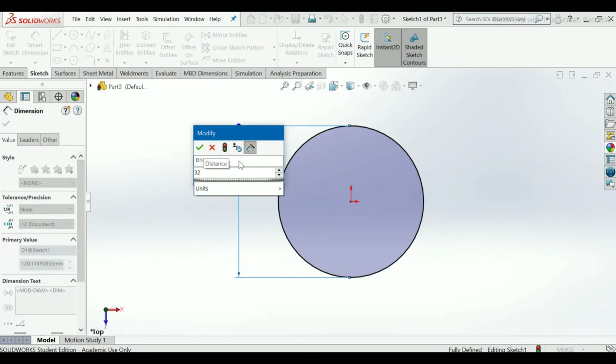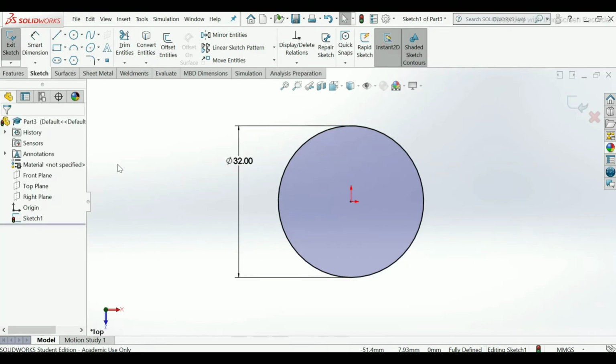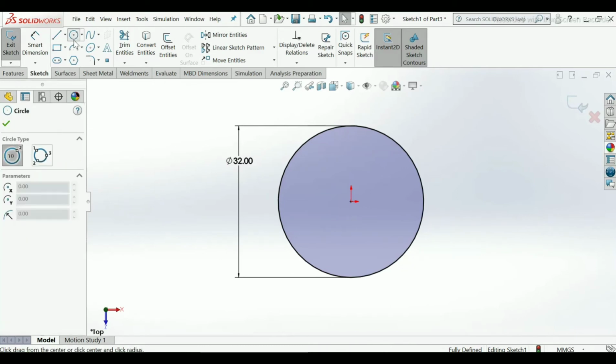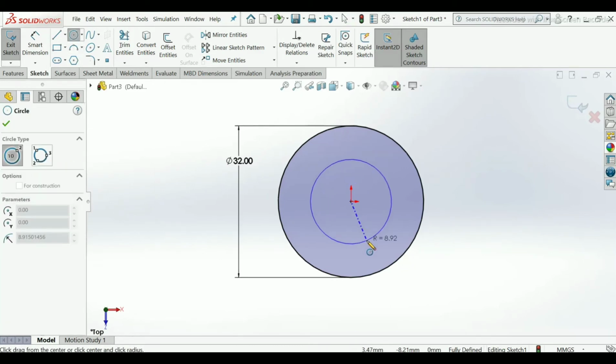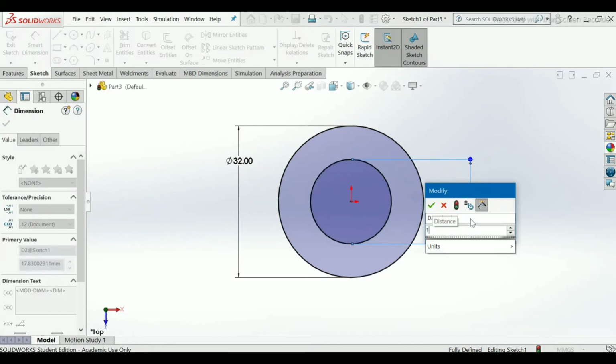Apply 32 mm diameter. OK. Now again go to circle, take a point from the origin, apply the dimension to it, 10.5 mm.